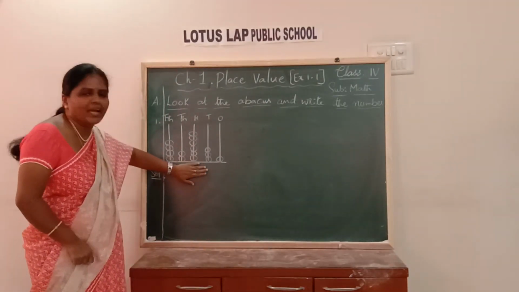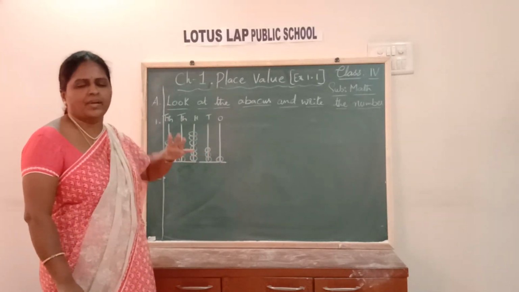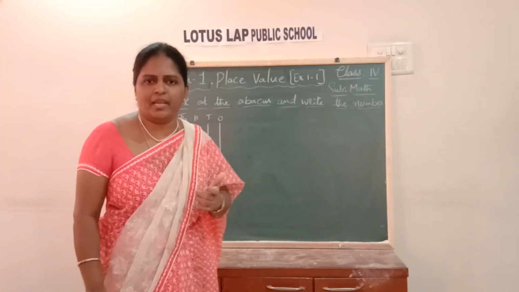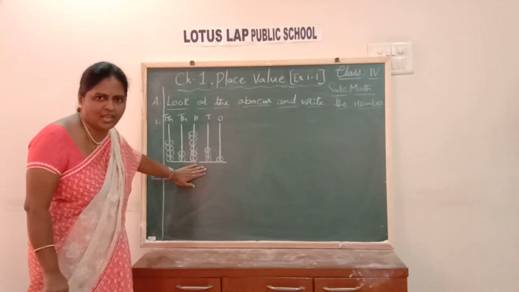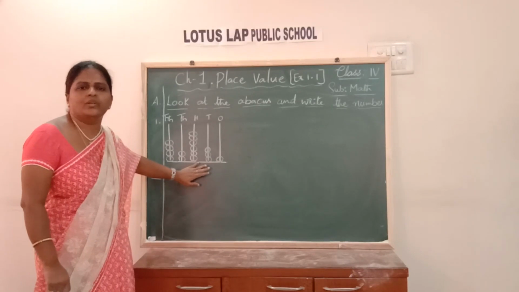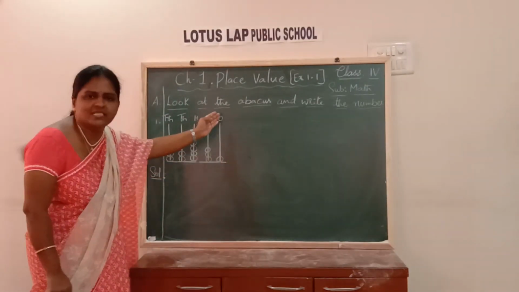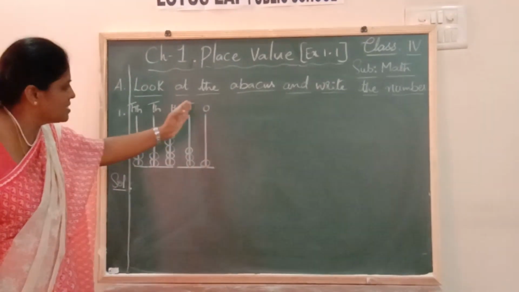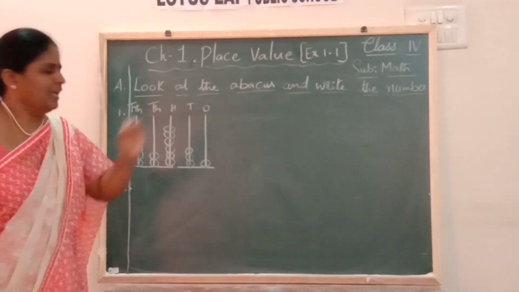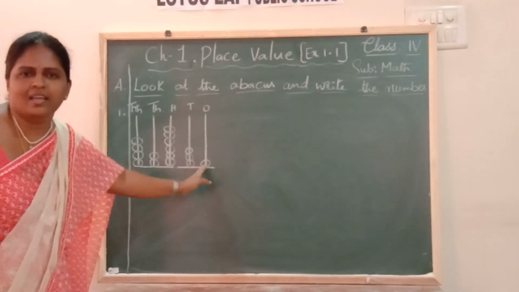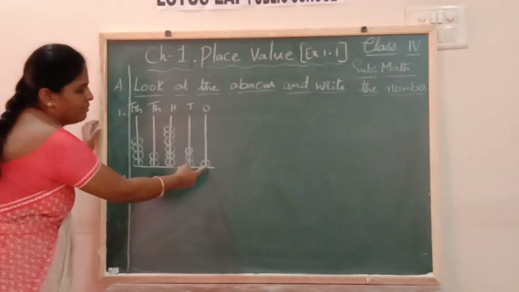Okay, so here an abacus picture is given for us in the question. Yes children, you already know what an abacus instrument is and how you have to arrange the beads. So here in the picture, the beads are all arranged and given for us. Looking at the beads, you need to write the number for this arrangement. The places are also given here: ones, tens, hundreds, thousands and 10,000s. You need to observe in each place how many beads are there and then write the number starting from the ones place.